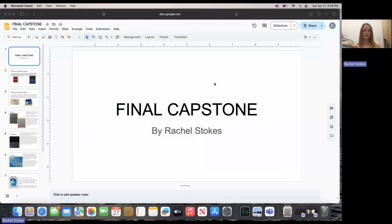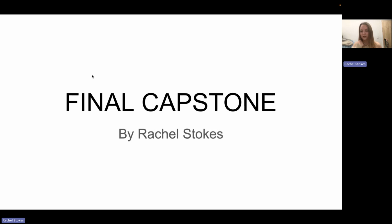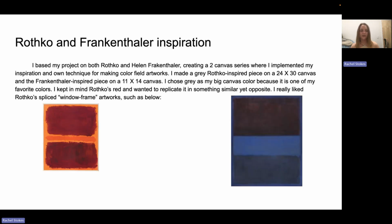Okay. I did my final capstone on both Rothko and Frankenthaler. I did two canvases. One of them was a 24 by 30, and the other was 11 by 14, so a little smaller. I mostly wanted to try color field because I was really, really into